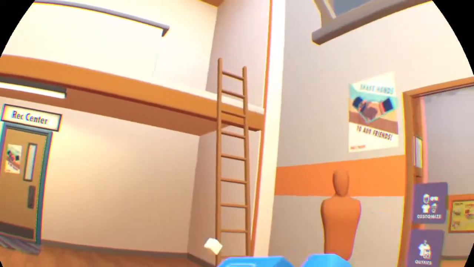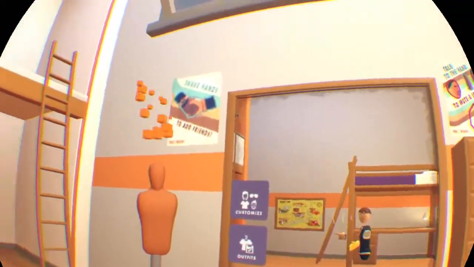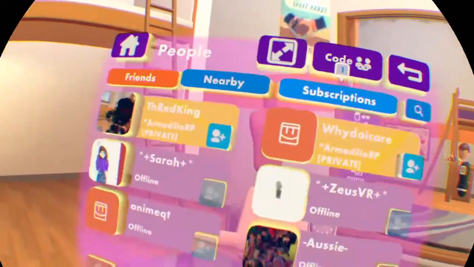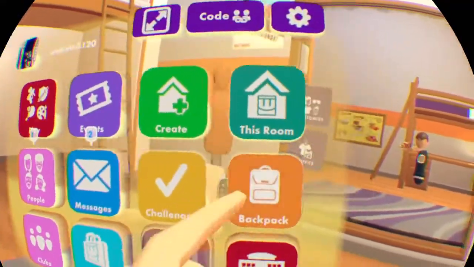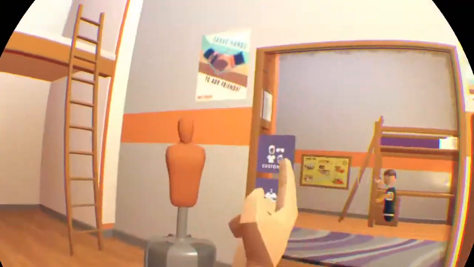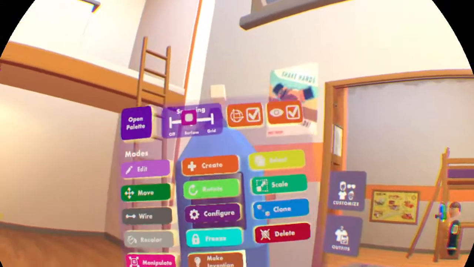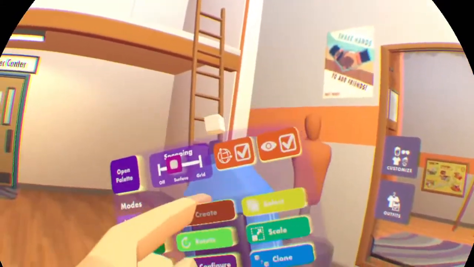Oh, and quick hack, if you ever want to get rid of your maker pen, just do that. So I think my maker pen is favorite, my maker pen is not favorite. So to make an object your favorite, click on favorite, and then you should just be able to spawn it behind your back. You want to open your maker pen and click on create,